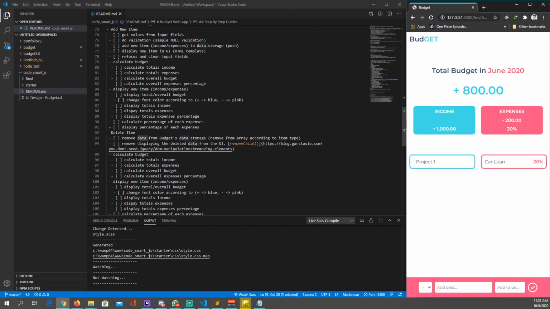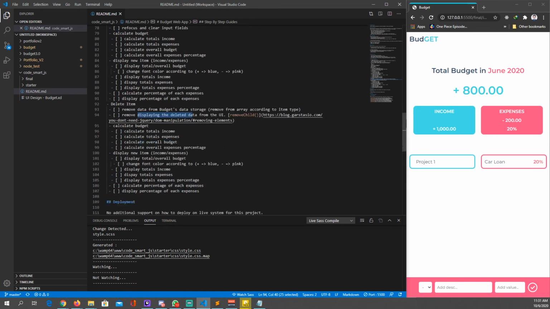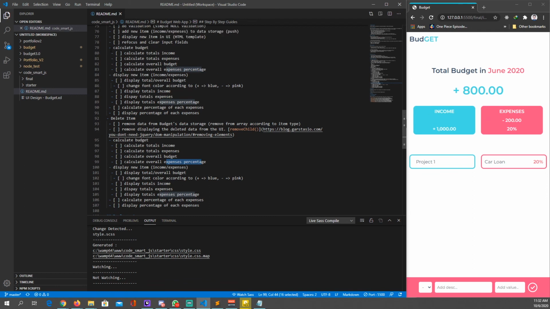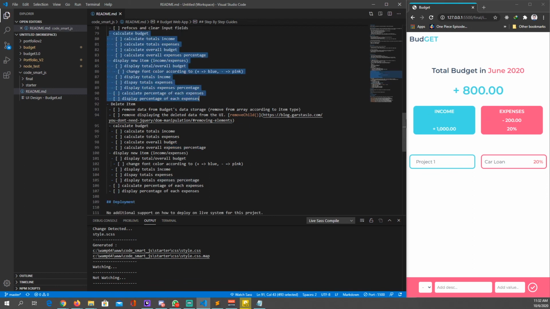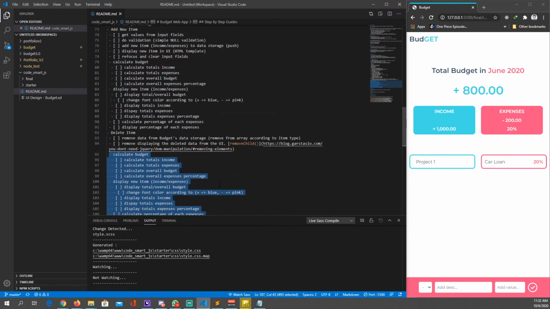And we're gonna remove the deleted data from the UI, like what I just did just now. After that, we're gonna calculate again. We're gonna update our total income, total expenses, total budget, and total expenses percentage, and redisplay the new total expenses and whatnot. So everything that happened here is basically the same thing that happened here.